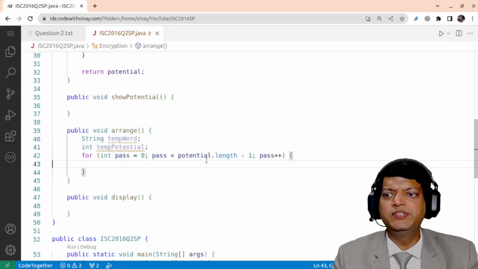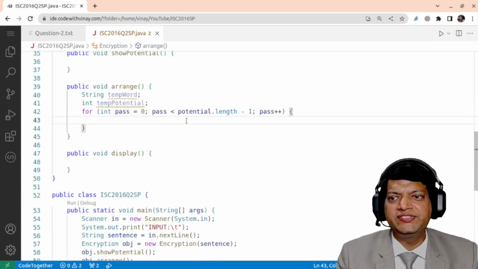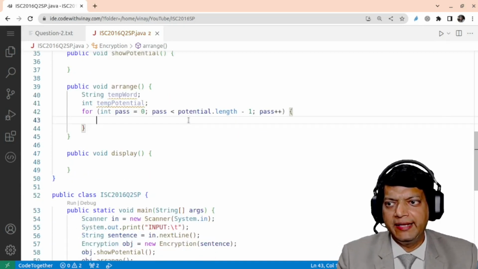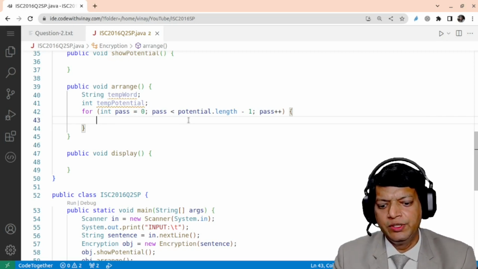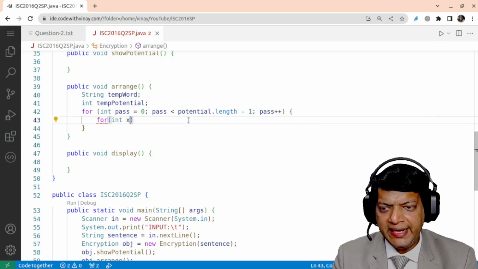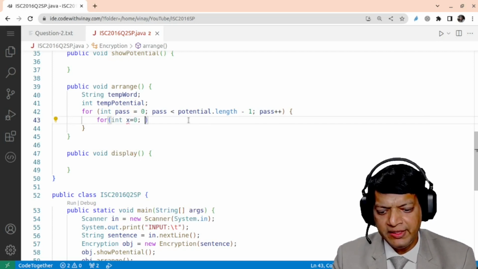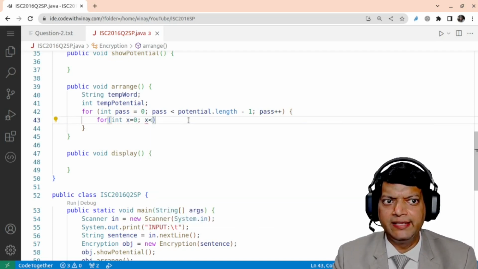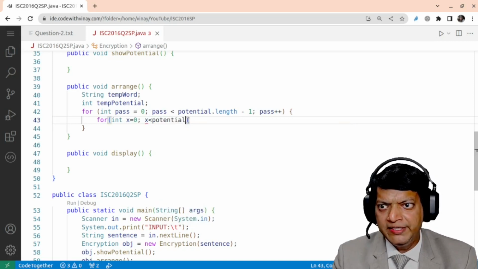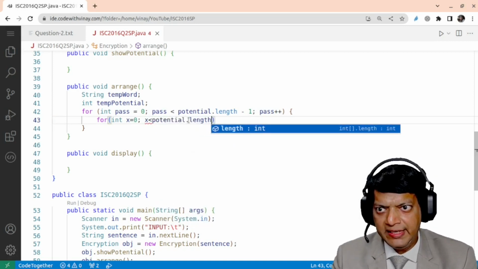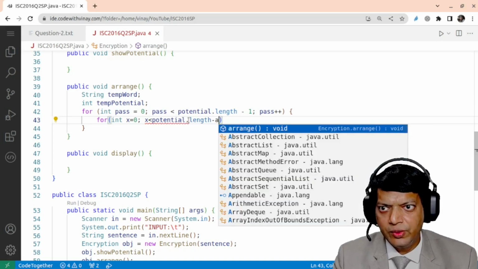So this outer loop is going to run for one less than the length of the array. Now let's go to the inner loop. For the inner loop, we'll say for int x is equal to 0, x is less than potential dot length minus 1,